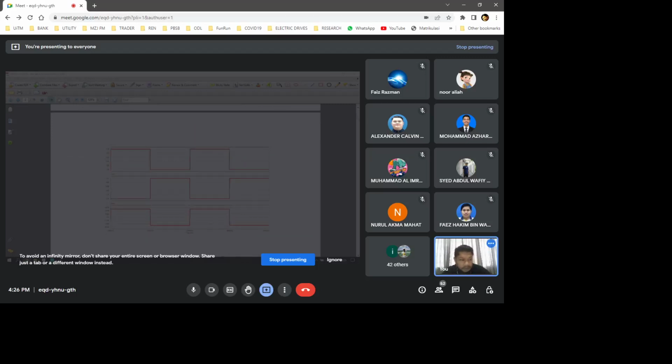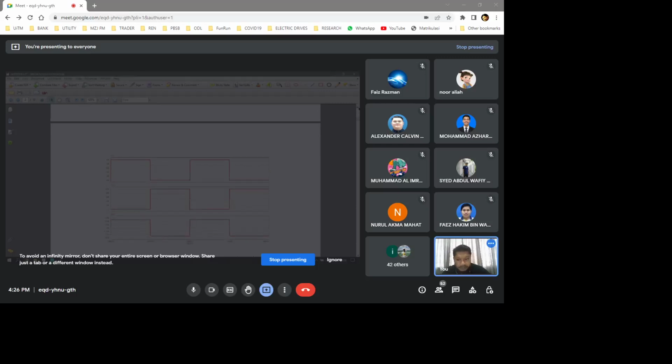Okay, let's look at this particular waveform. This is the waveform signal to switch 1. So remember, you have a DC input, and then you have